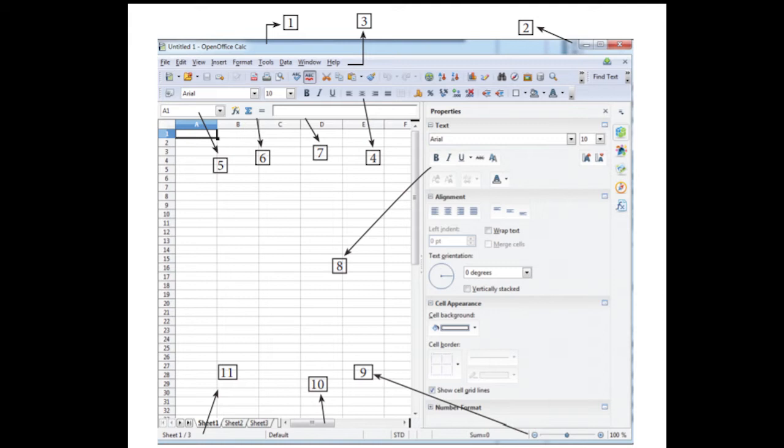Now sheet 1 is active. If you want to type in sheet 2, you can just type there sheet 2, sheet 3, and you can add there also. You can just rename that sheet names also. That options are also there in this OpenOffice Calc, okay?